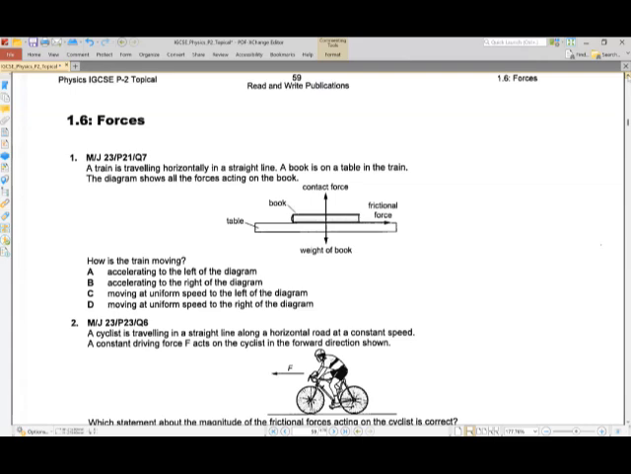Start today with our topic, that is forces, and we will be doing paper 2 questions based on the